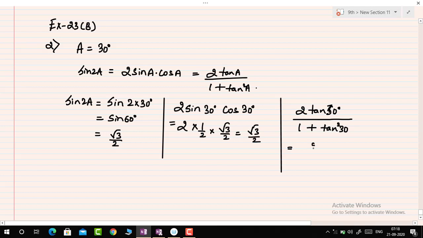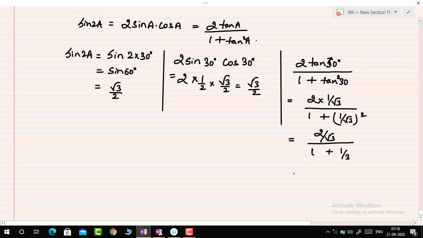So it comes 2, and tan 30 is 1 upon root 3, upon 1 plus tan 30, which is 1 upon root 3, whole square, which equals 2 upon root 3 upon 1 plus 1 upon 3. On further solving, we will get 2 upon root 3 upon